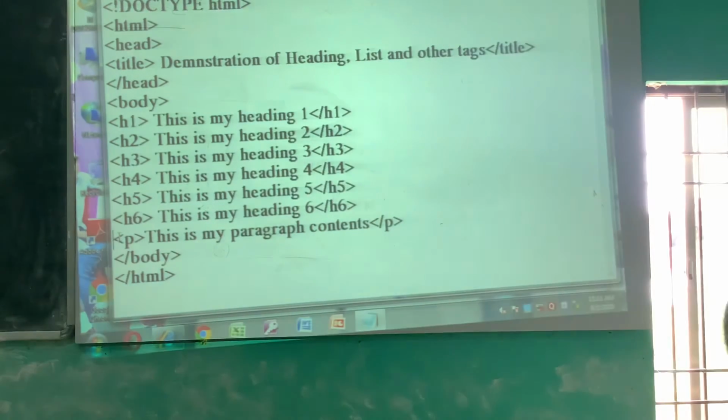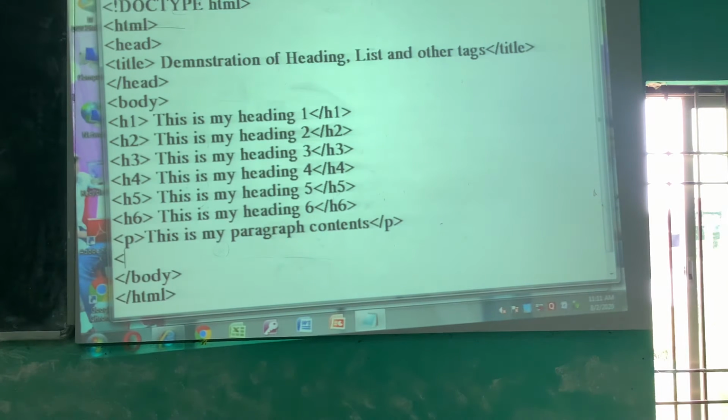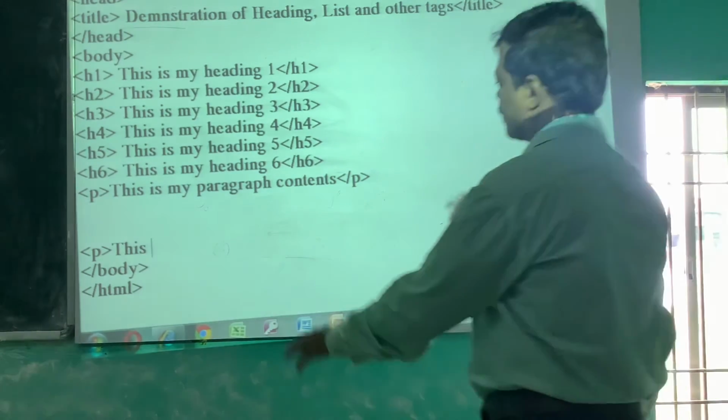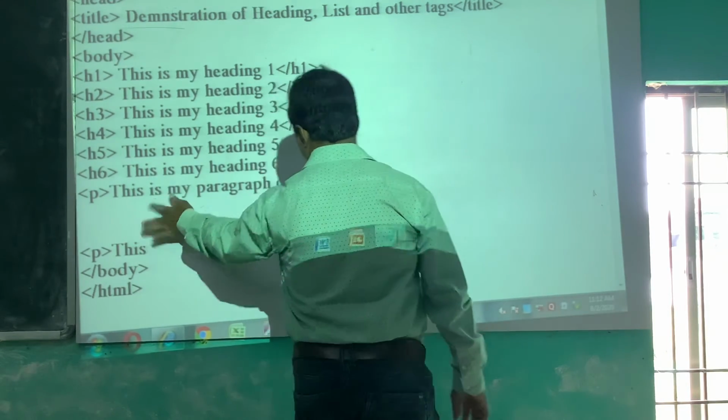Let me create another paragraph, P. If you simply press the enter key in your notepad window, there will be no effect in the browser window. If you create a number of new lines and then create another paragraph, you may think the paragraph will be shown with extra space in your browser window.